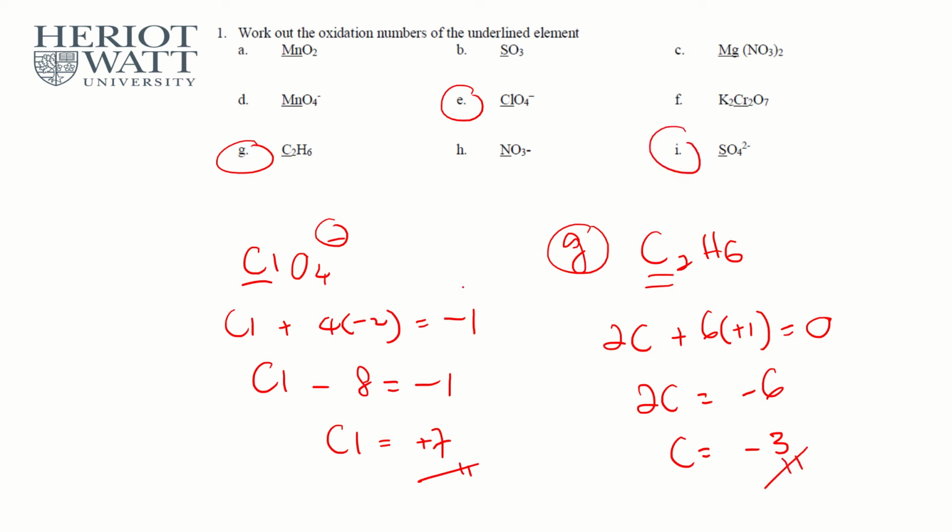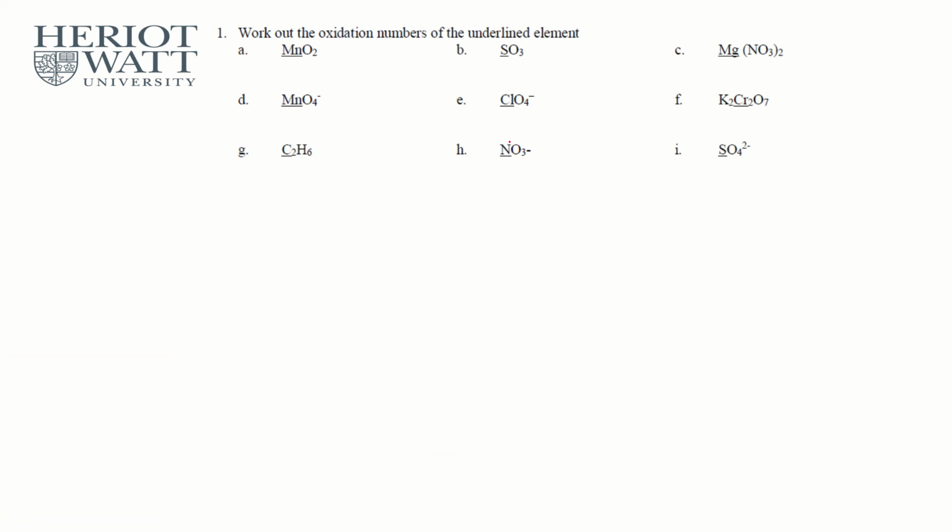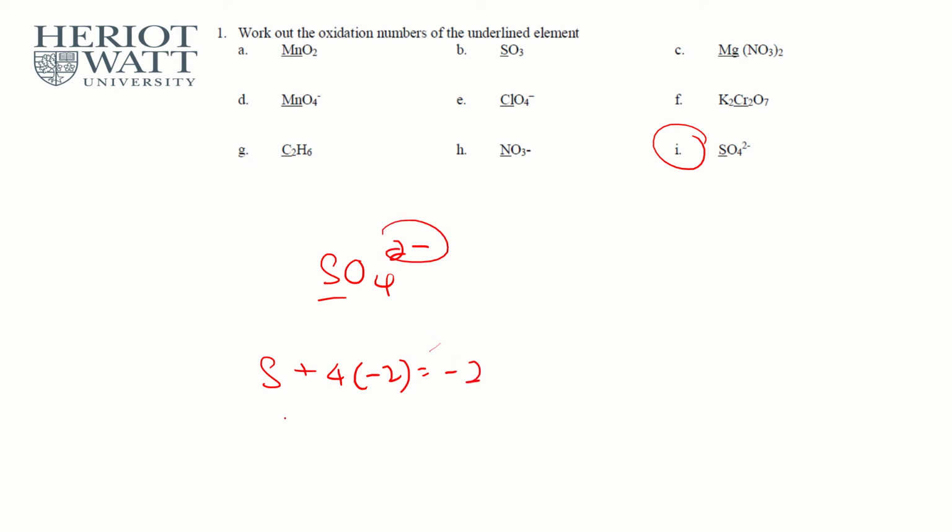And then the last one will be I, SO4. Okay, let me erase that. Now, the last one is I, alternately, SO4 2-. What is the charge of sulfur here? Sulfur plus 4 multiplied with -2, the common oxidation number of oxygen, and the overall charge is -2 here. So S minus 8 equals -2, so S equals +6. So the oxidation number for sulfur in SO4 2- is +6. All right, so that's it for